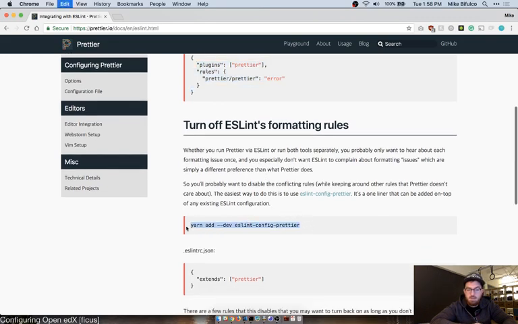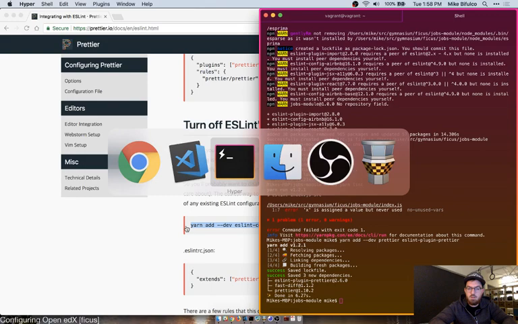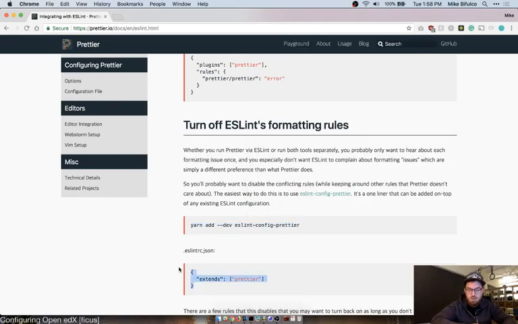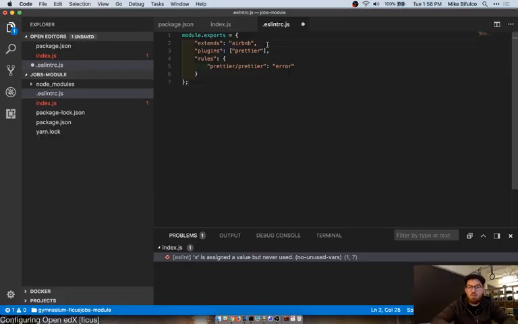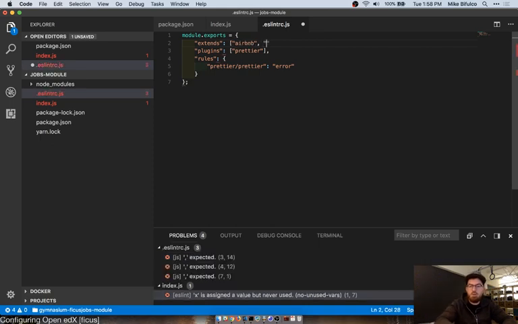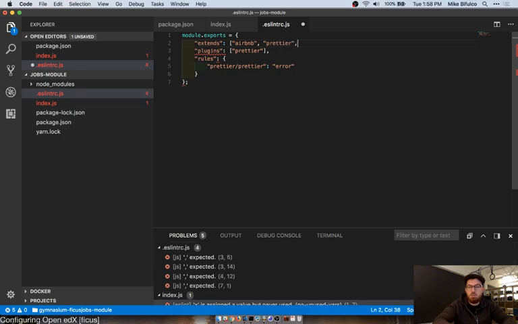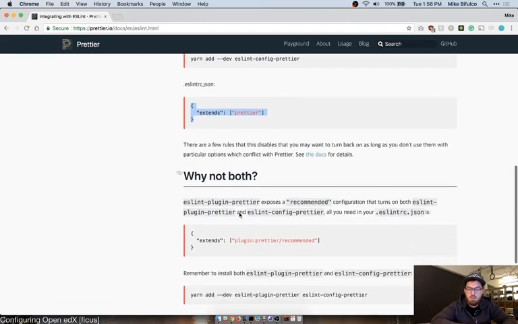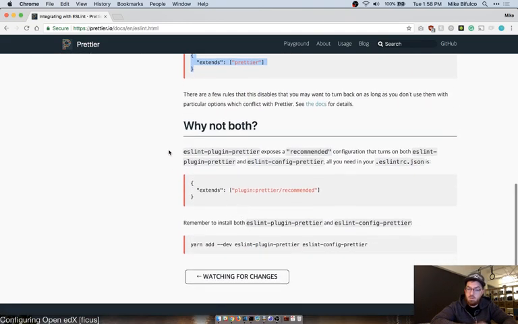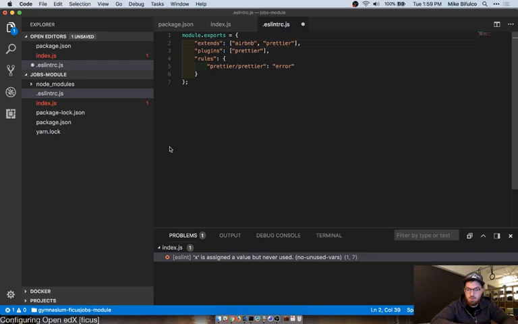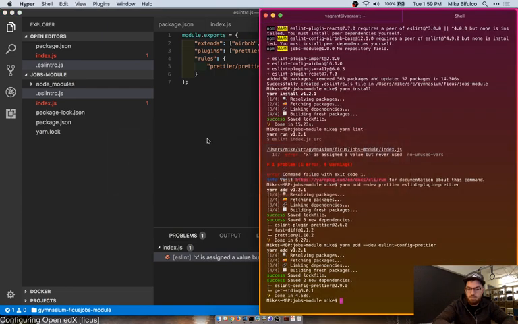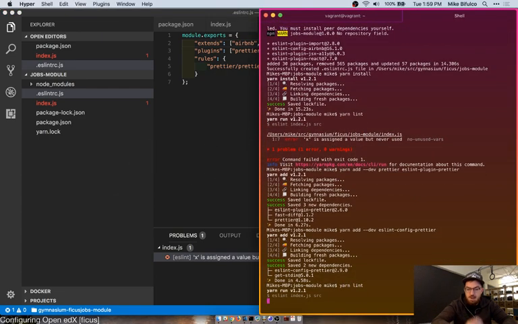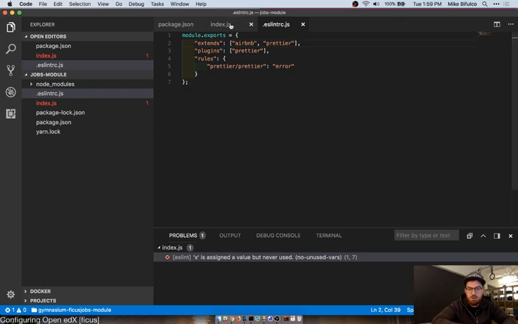We're going to add the config. Okay, I think that did it. So now if I run yarn lint, that will still show up.